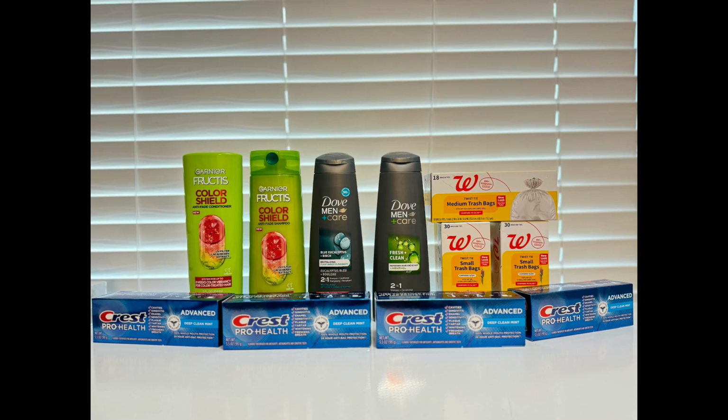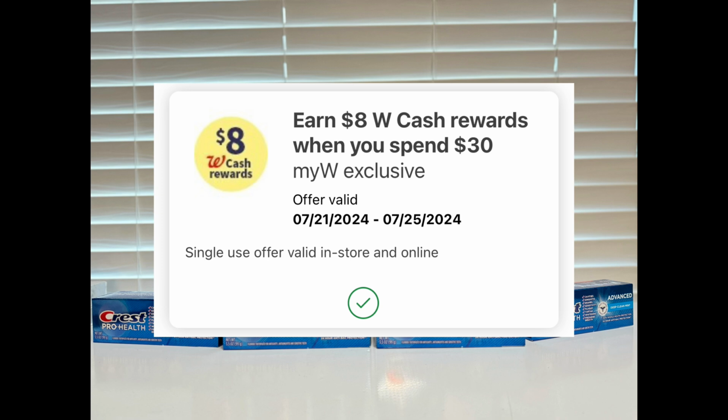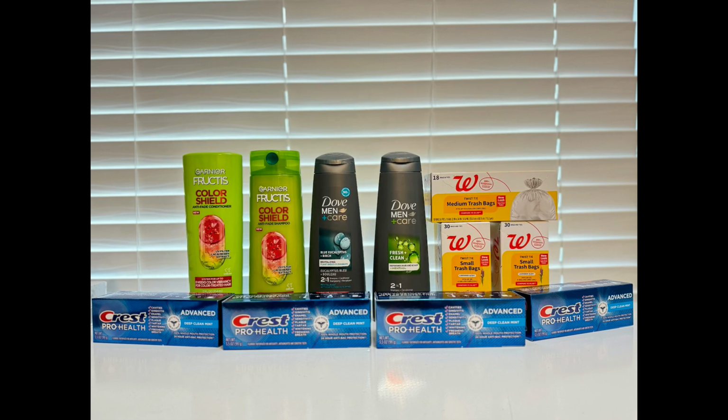So this is everything I picked up at Walgreens today. The subtotal for all these items came up to $30.99, which was perfect because I had this booster coupon for spend $30 and get back $8 in Walgreens cash. So that's $30.99 minus $12 in digital coupons. The total comes down to